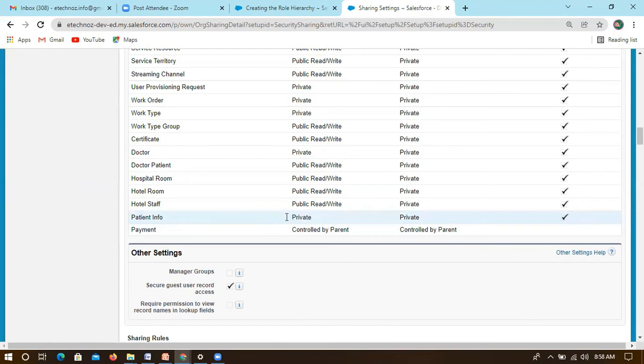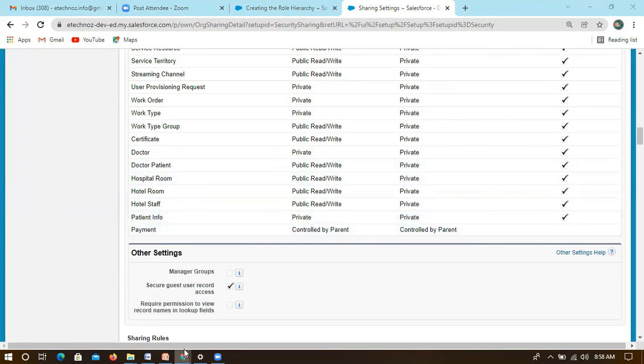But if it is private, what will happen? Payment is now controlled by parent, so it is also private. Controlled by parent means we cannot even set this because it is a master detail. So whatever permission is available for patient info will be applicable to payment also.